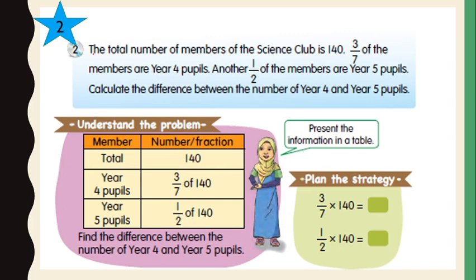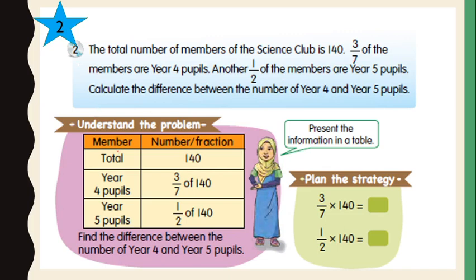Okay, this is the situation. The total number of members of the science club is 140. 3 over 7 of the number are year 4 pupils. Another 1 over 2 of the members are year 5 pupils. Calculate the difference between the number of year 4 and year 5 pupils. Alright, so